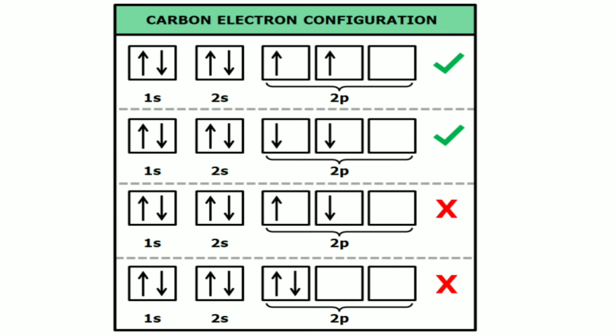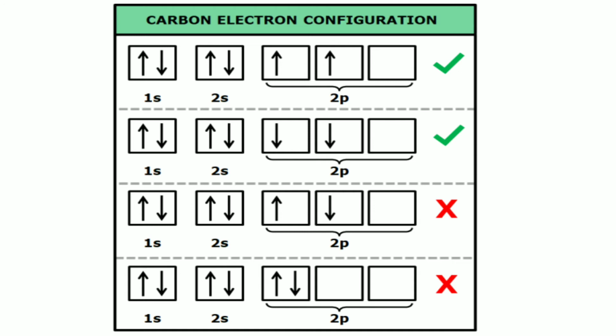In this example of carbon electronic configuration, the atomic number of carbon is 6, so there are 6 electrons in the carbon atom. These electrons are filled in this fashion. The first two options are right, because you can see that the 1s and 2s orbitals are completely occupied. In the 1s orbital 2 electrons are present, oppositely directed. In the 2s orbital there are also 2 electrons, oppositely directed, which is common in all the 4 options.